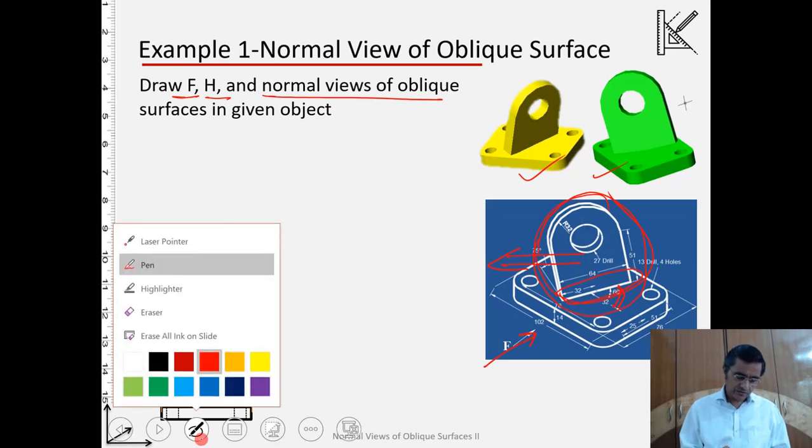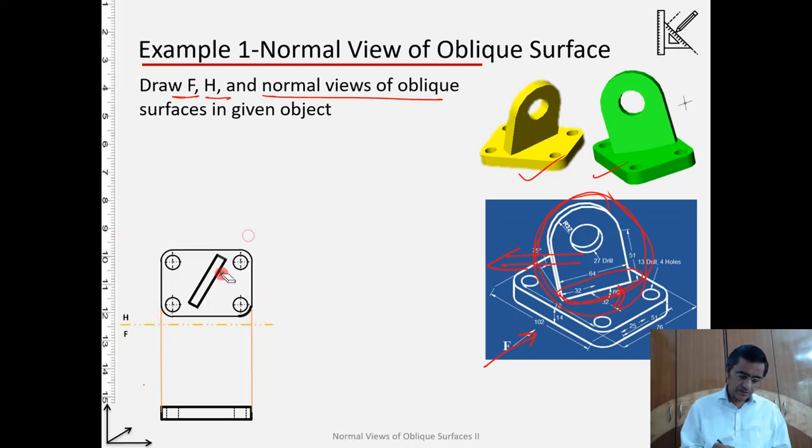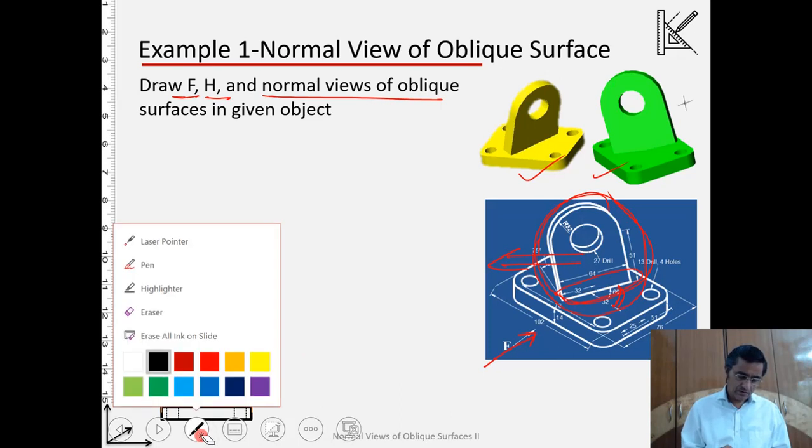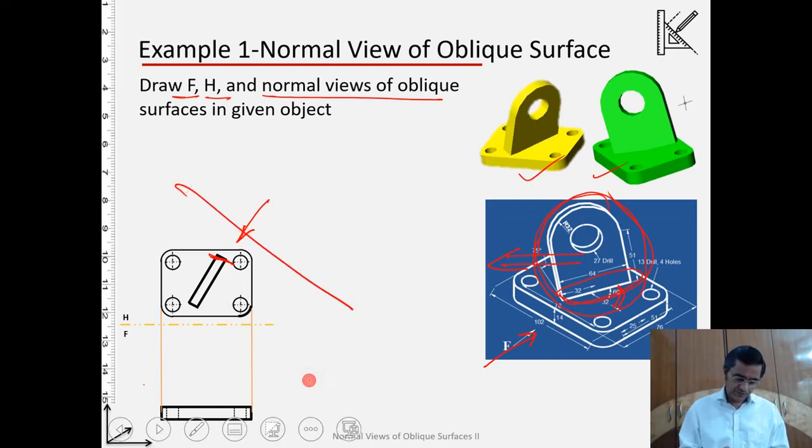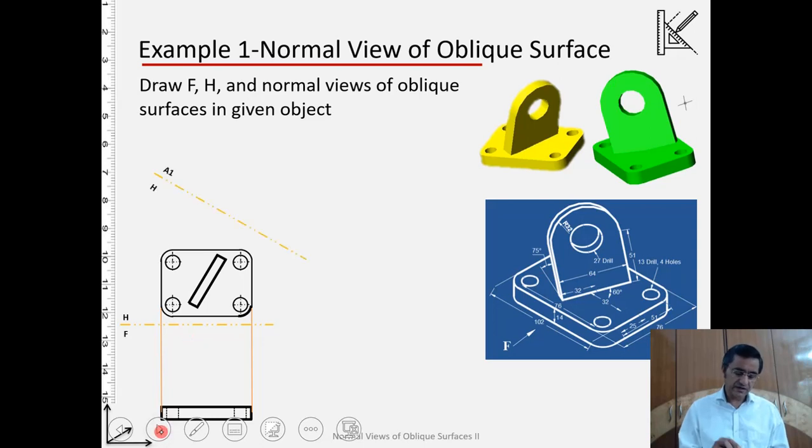If I show it correctly, over here we now want to create a view by seeing from this direction. For the inclined part, it's a side view. For that we will be creating a hinge line over here. Okay, let's do that. If you create the hinge line, we have an auxiliary plane introduced, which is A1,